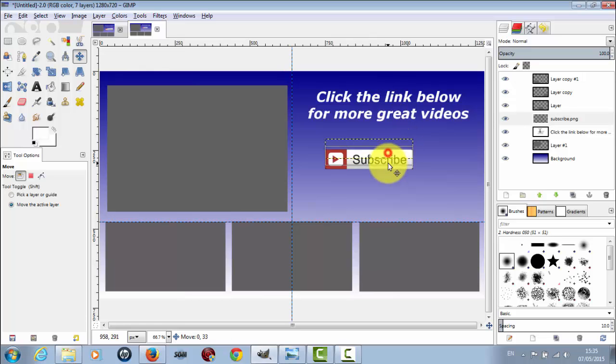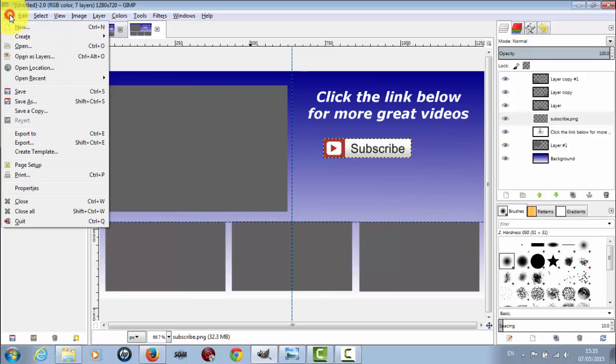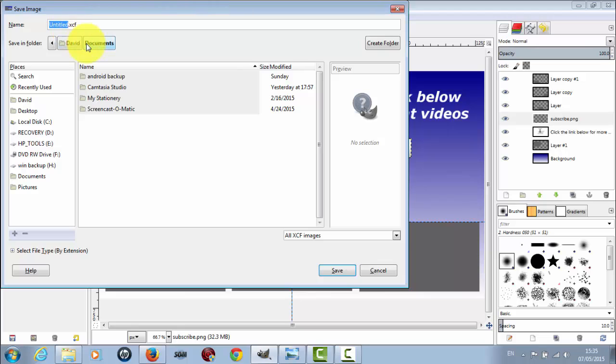And that's it. Once you're finished, you just leave it as is. But when you're saving it, if you want to save a layers version of it, so you can come back and change it or rejig it around, or maybe just put one big video here and one here, all you have to do then is just come to File and say Save As, and then you see it's Untitled XCF, so just change that then to Outro Slate